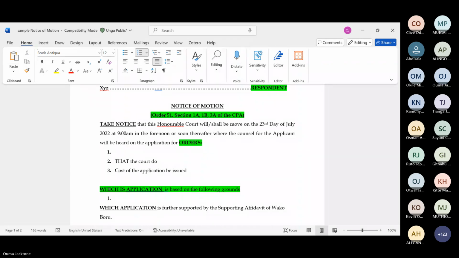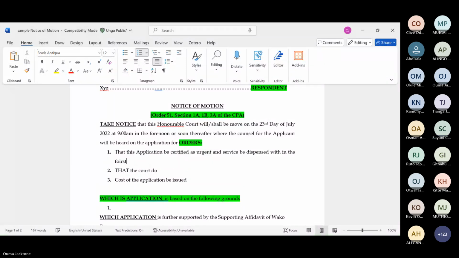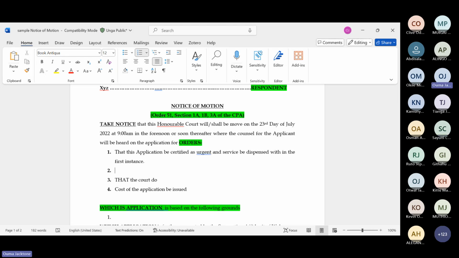So, that this application be certified as urgent and service be dispensed with in the first instance. That is the first prayer. What is the second?